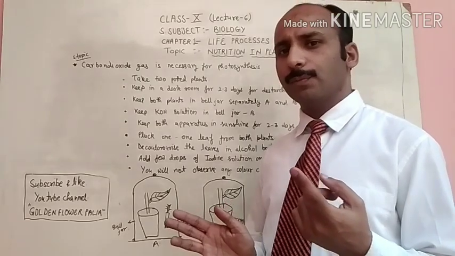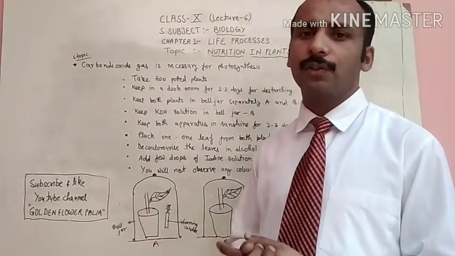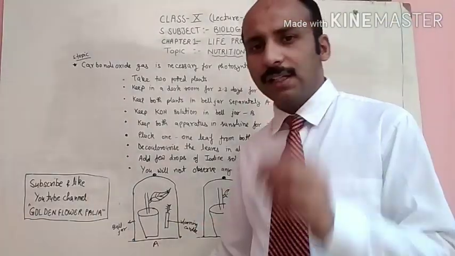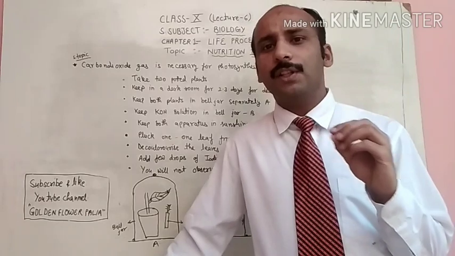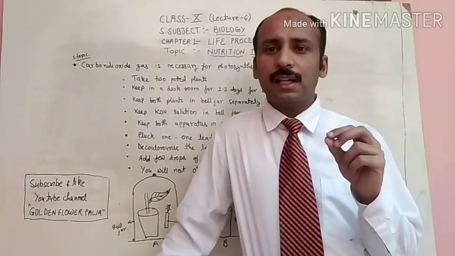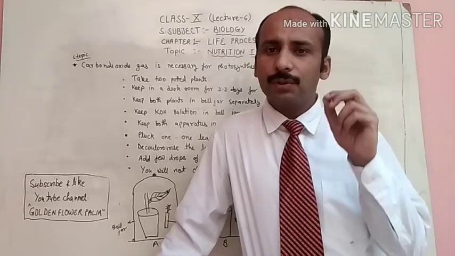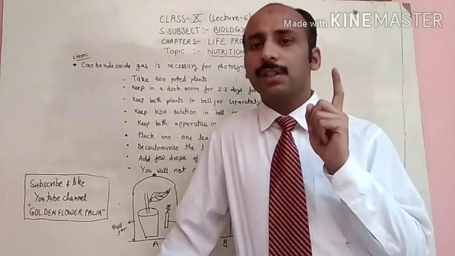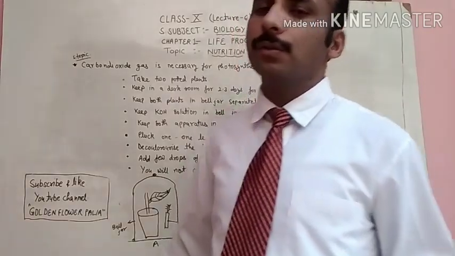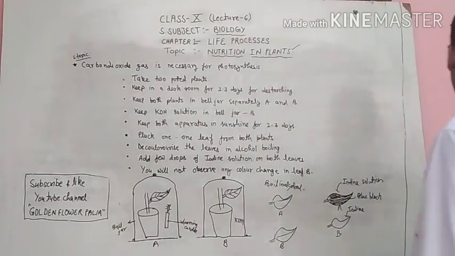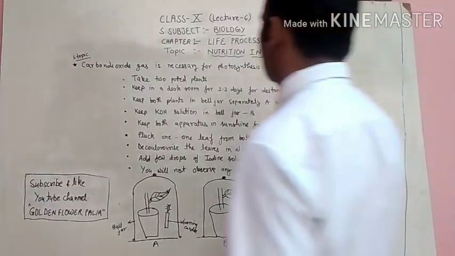Chlorophyll is necessary for photosynthesis and sunlight is necessary for the process of photosynthesis. Now, my dear students, as I have told you in the previous videos, whatever life process we start, we will study in detail one by one. We have started nutrition, and we have studied nutrition in plants. Now we are going to start nutrition in animals. Today we will study the summary of nutrition in animals, and in the next video we will discuss it in detail.